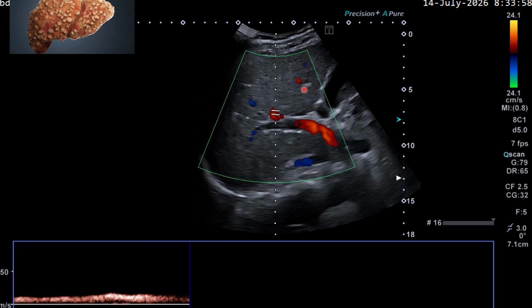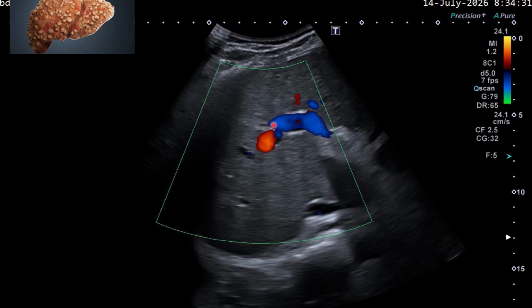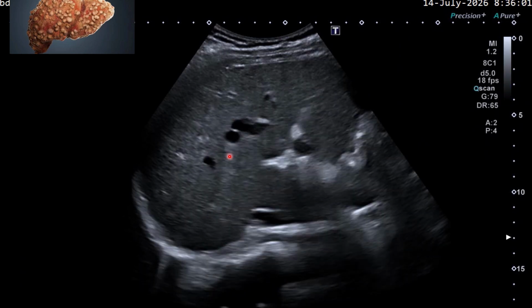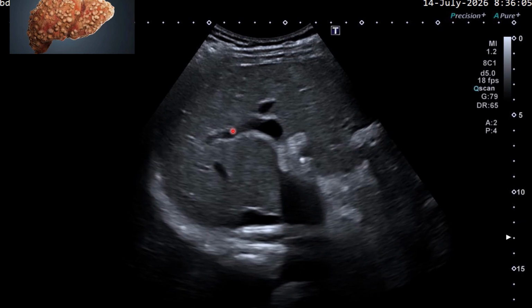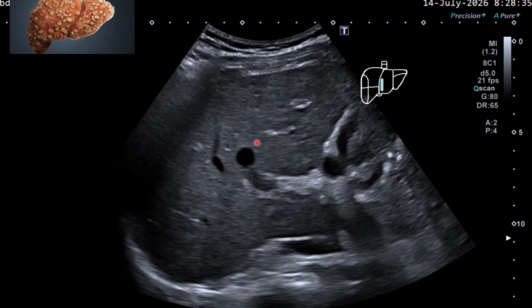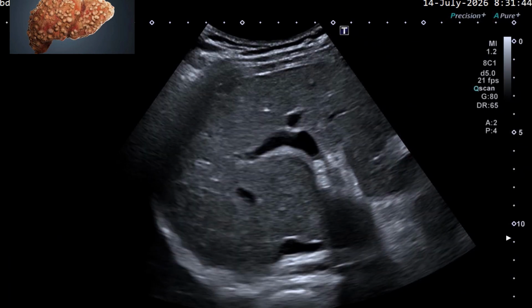So fibrosis is an early sign. You can see the aneurysm there. Look at this focal dilation. You can see there's a portal vein aneurysm there. You can see it's localized here. So this focal dilation is what we call an aneurysm of the